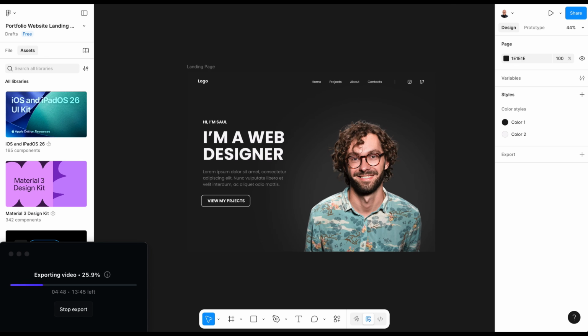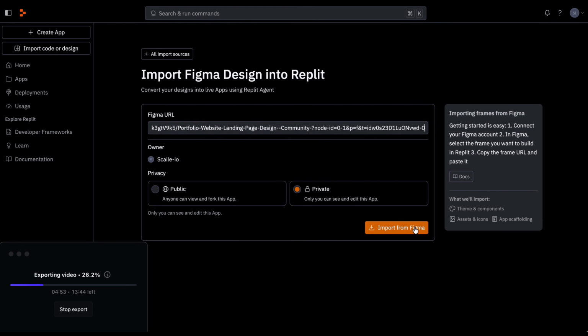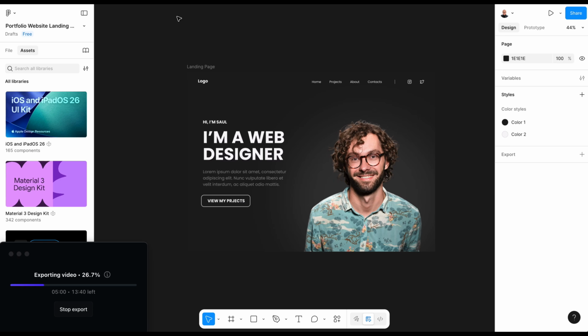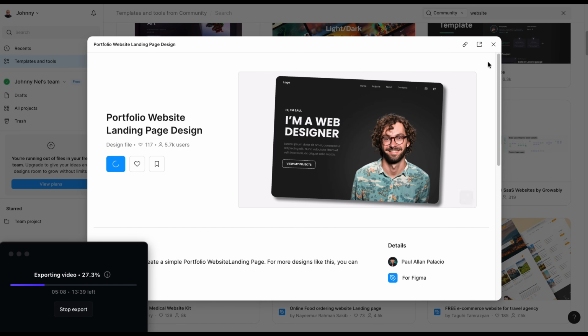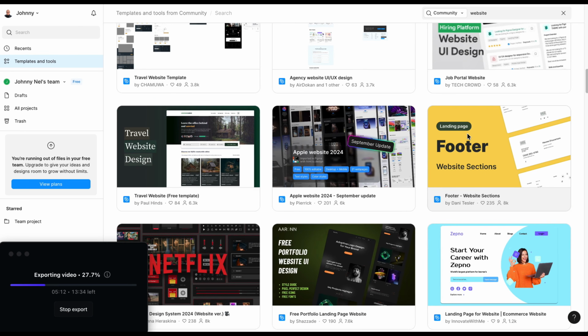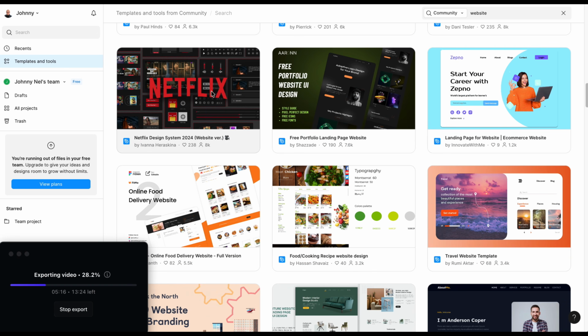Alright guys, in Figma I quickly went to get a design file. I just want to show you what that looks like if we were to import that into Replit. Now inside of Figma itself, you can go and have a look at templates. Let's say you just want to do a website. You can search a website, you can look inside here at what is good. Even this Netflix